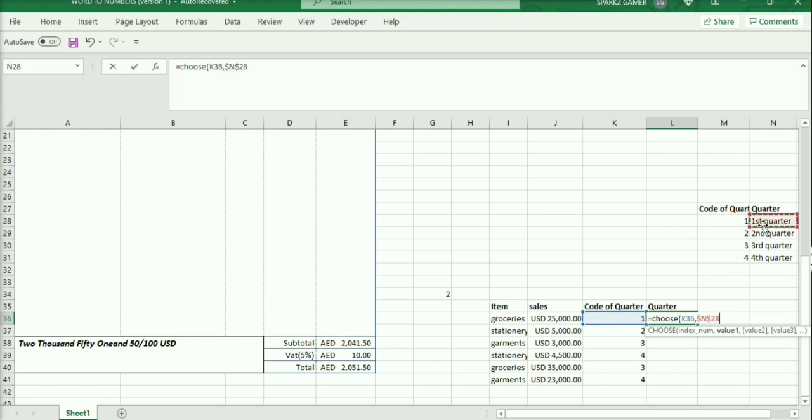So I'm using this one first, the second one for the second quarter, third quarter, and the fourth quarter.